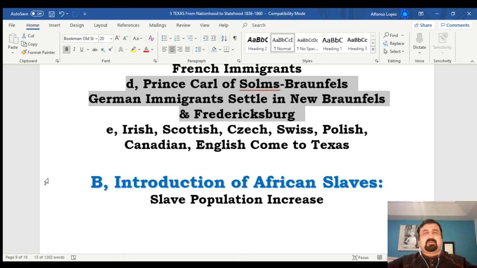In his commission now to build a colony, he's going to bring immigrants coming from Germany, and he's going to be the one that developed what today is New Braunfels and Fredericksburg. Okay, Fredericksburg and New Braunfels were initially colonies that started out by Prince Karl, in this case, bringing German